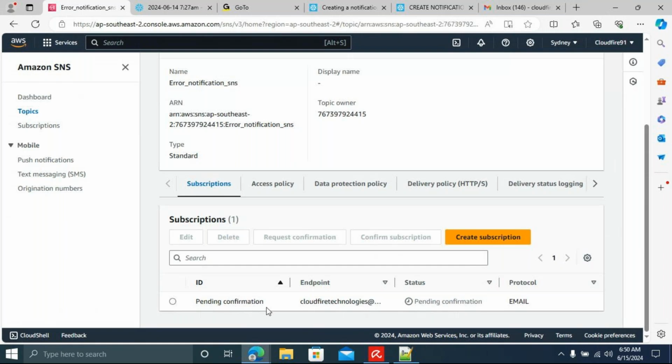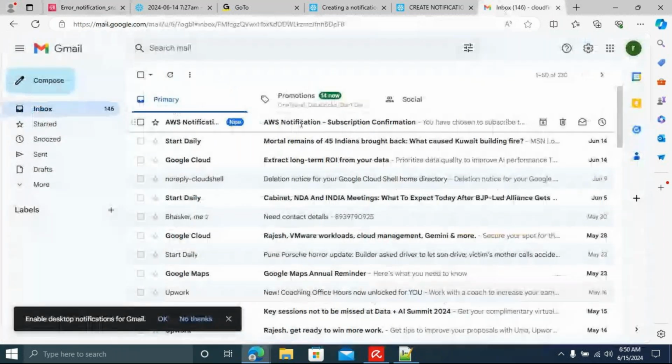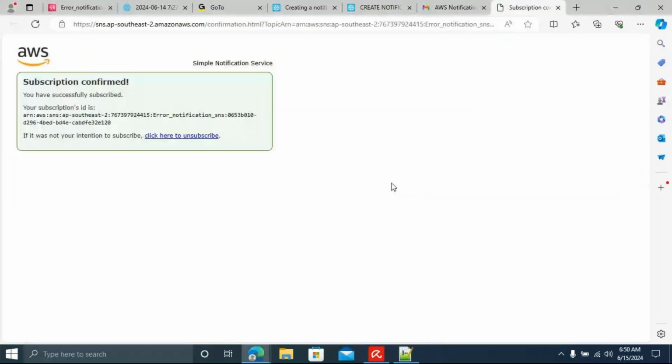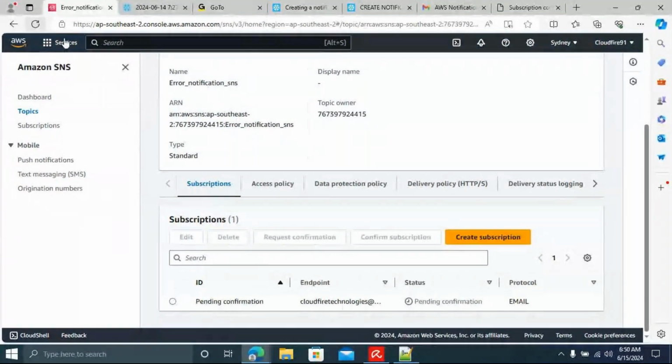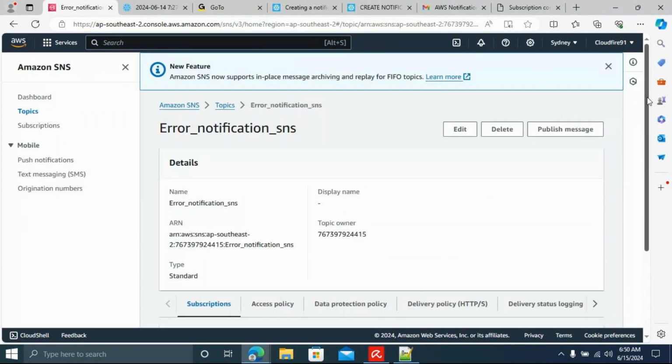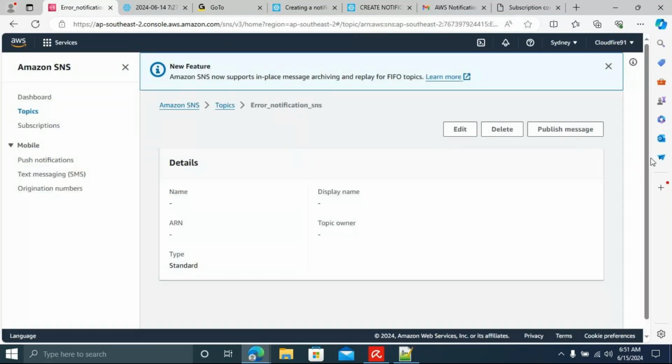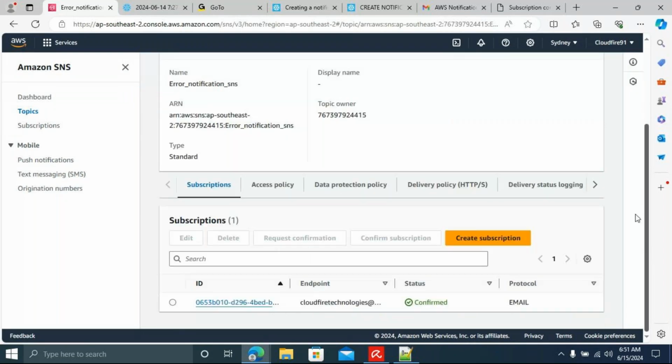Guys, I already taught these things to you twice or thrice. We have to go to the email, and then confirm the subscription. Once you click confirm subscription, your subscription is confirmed. Now if you come here and refresh, it will be here. Just one second, guys. I'm not able to see any refresh button here. You can refresh through the browser. Now you can look below, the subscription is confirmed.